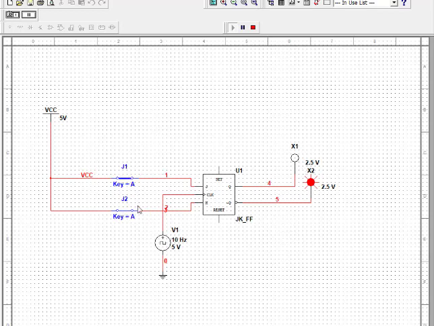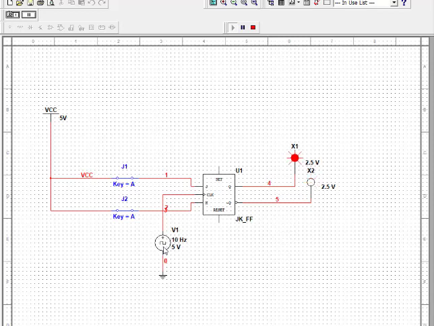At 1 1 you can see we are not switching anything on or off, but still the output is toggling. This toggling is with respect to the clock frequency. So when we keep both inputs as 1, the output toggles with respect to the clock frequency.